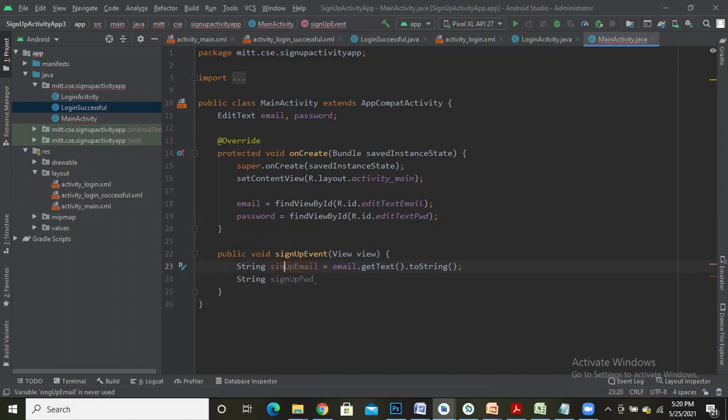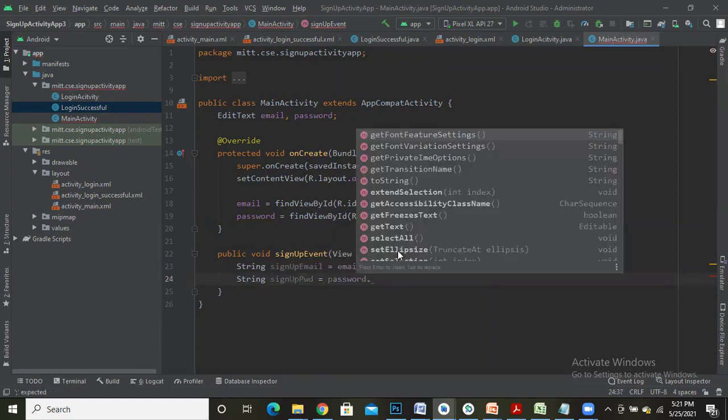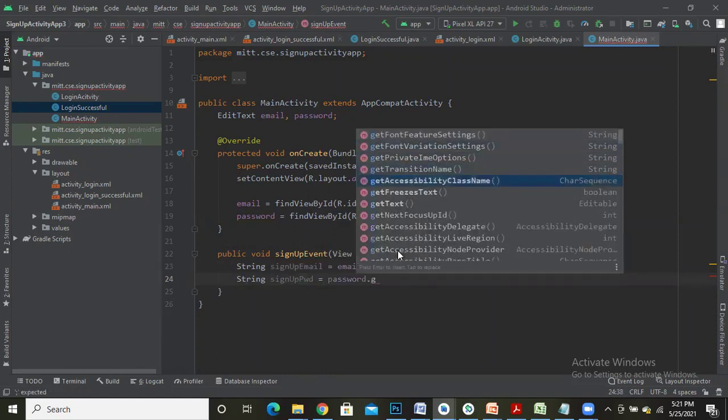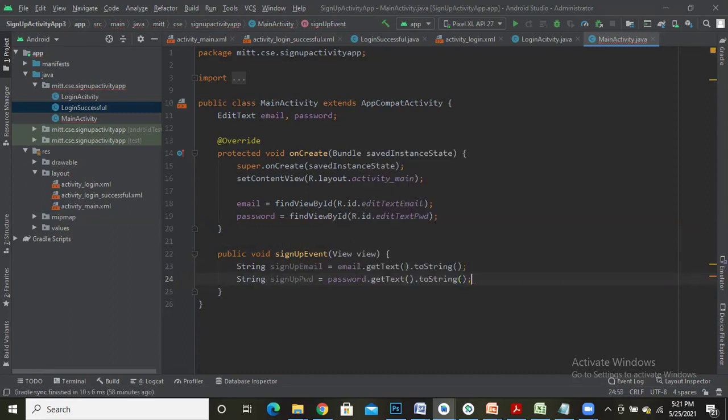Password is equal to the password present in the variable password, retrieving it through getText and converting it to string using toString, so that my sign up email contains the email which was entered in the edit text email field, and sign up password contains the password which was entered in the field edit text password.